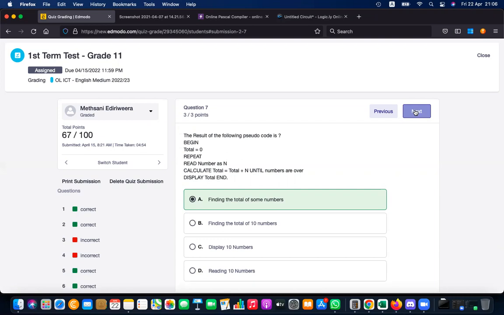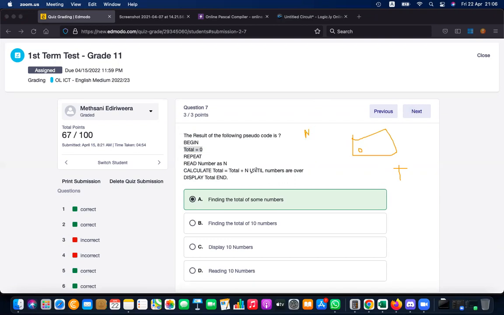In this pseudocode, you can say begin, total equals 0. So you have a variable called total. Let's say this is total. This is 0 initially. What it does, repeat, read the number, num,